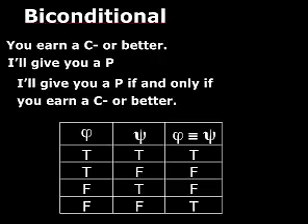Okay, so the biconditional is actually pretty straightforward. Just think of it this way. A biconditional is true when both inputs have the same truth value. If they're both true, it's true. If they're both false, it outputs true. So if the two inputs are the same, it outputs true. When the two inputs are different, either first is true, second is false, or first is false, second is true, but they're different, it outputs false. Okay? So those are the 5 truth functional